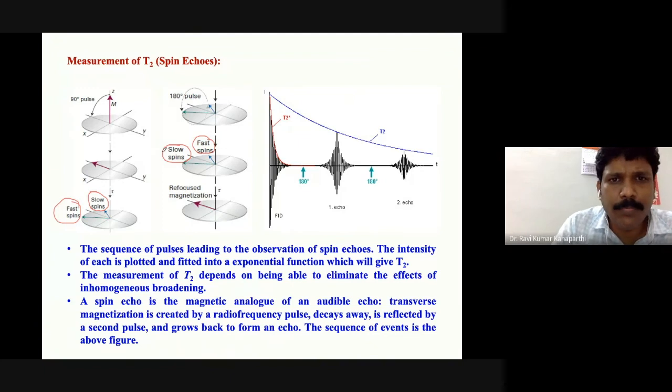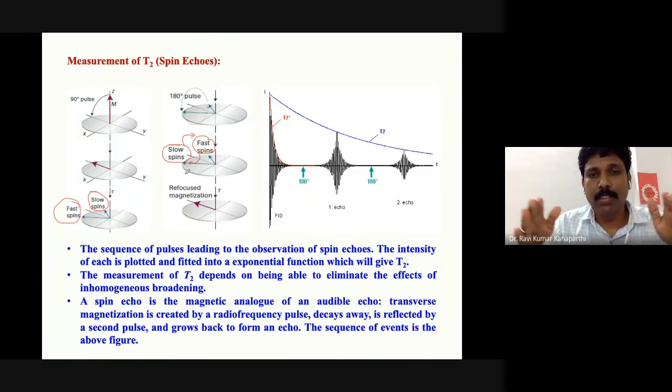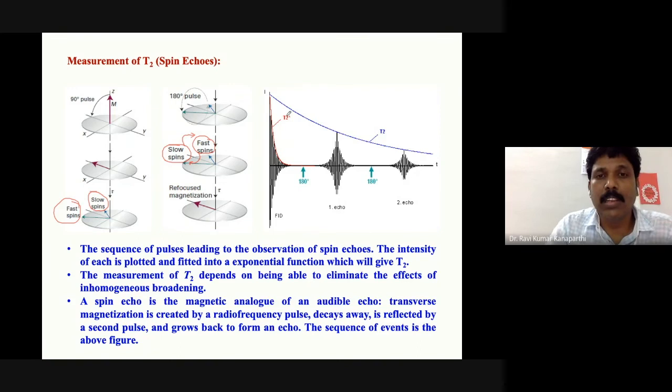Okay, now if you just leave the system at this stage, originally the slow spins are here, right? So this will try to go back. At the same time, this will also try to go back. Basically they will try to go back to their original position during this process. So one is moving this way, the other one is moving backward, forward and backward, both are moving. Whenever they touch here, then you will see an echo. That echo is basically detected.